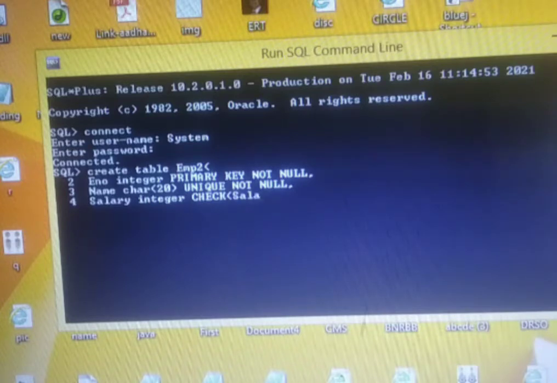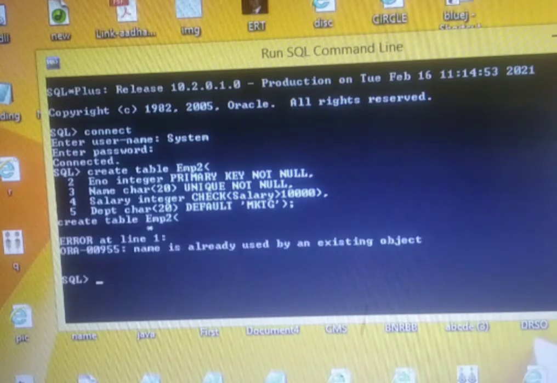So I can write here salary greater than 10,000. Then comes department, where I can give a default constraint. Default means if you do not provide any value, it will take marketing automatically.